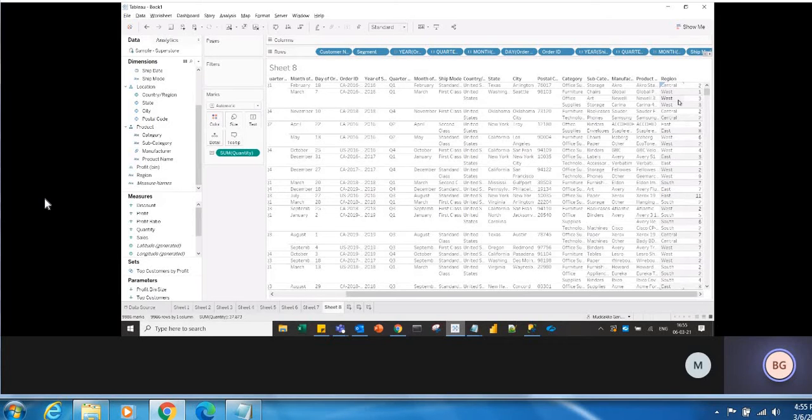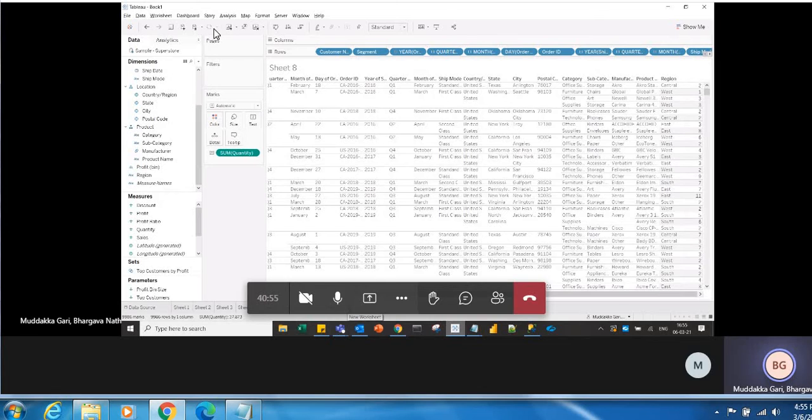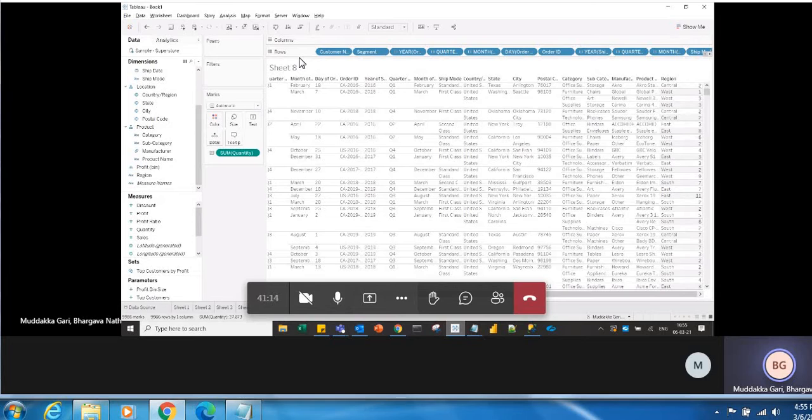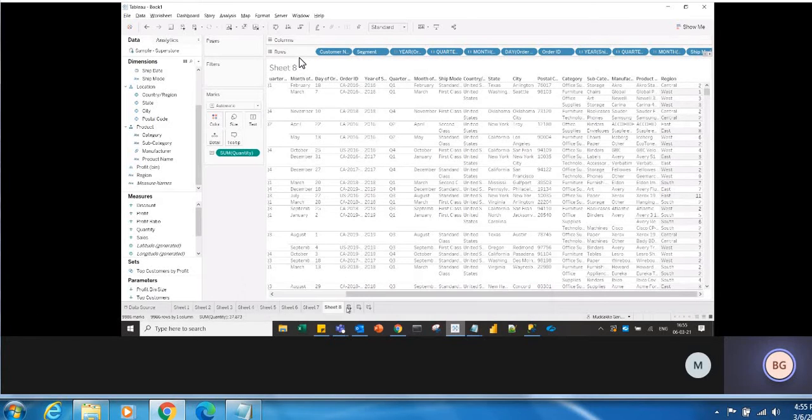Okay, so sir, I got your point, because in the analysis, if you go to the advanced, where it is defined as 50, that's the reason we are able to drag 50, correct? If it were only 4, then we would not be able to drag all the dimensions into the rows or columns. Is that correct? Correct. The reason behind it is that you are putting a limit on the rows or columns, and you define what the limit is.